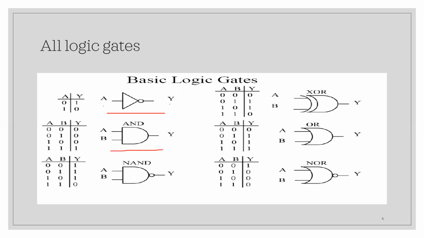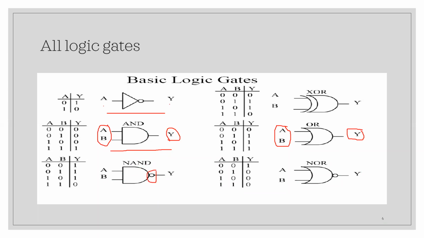This symbol is represented for the AND gate, and here it implies that if any one of the inputs to this gate is 0, then the output is 0. If both are high, then only the output is high. That is how you read it. Then next, coming to the OR gate. What is the OR gate functionality? When any one of the inputs is logically high, then only the output is high, or else the output is 0. Similarly, you have the NAND gate. The NAND gate is nothing but the inversion of the AND gate.